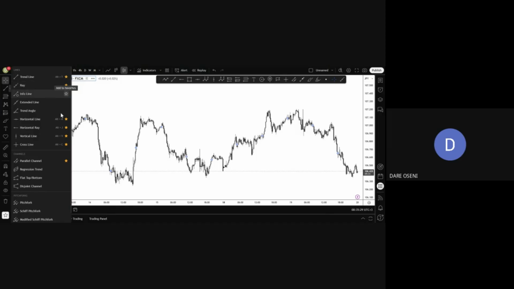You favorite it. Horizontal line, this one too, you favorite this one too. Okay, it's very important. Horizontal ray, let's favorite it as well. Cross line, let's favorite it as well. Vertical line, let's favorite this one too. Parallel channel is important too. We use this parallel channel to